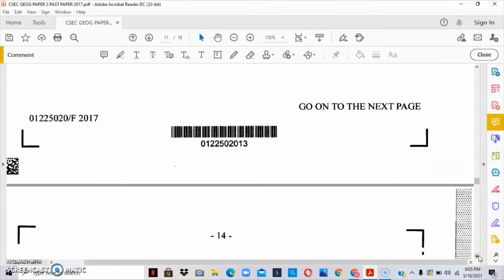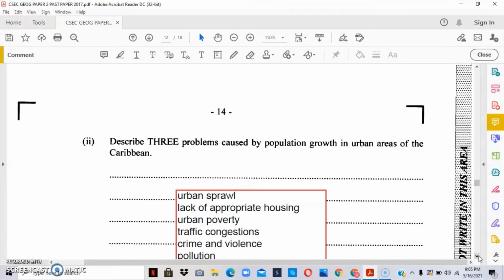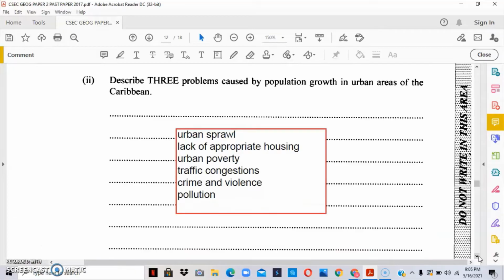And then we move on to section C, part 2, that asks us to describe 3 problems caused by population growth in urban areas of the Caribbean. Now, urbanization comes with many challenges. So the first one is urban sprawl. Urban sprawl and lack of housing can go hand in hand. Because there's a lack of housing in the cities, persons are forced to start developing at the edge of